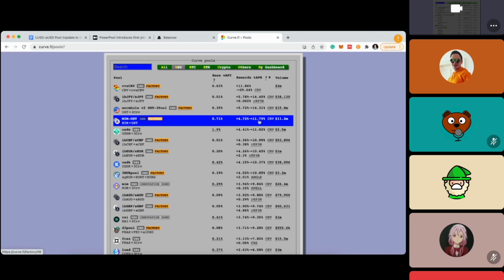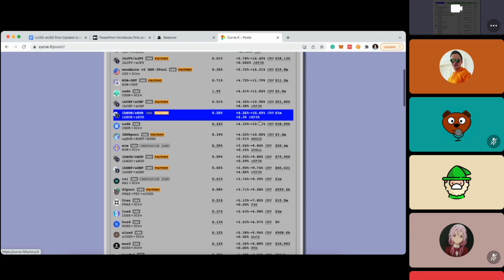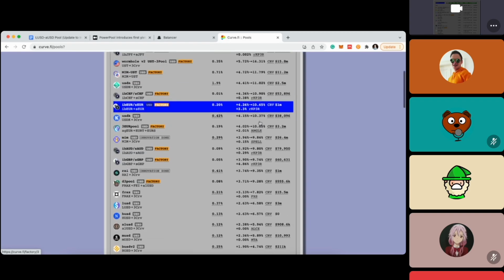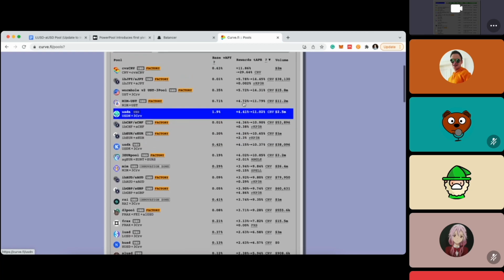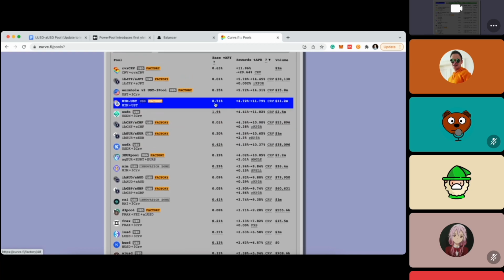And of course, if the CRV rewards end, this APY will be almost zero, right? So nobody guarantees you this APY. Basically, on Curve now, without any CRV holdings, you can get 0.71 plus 5, around 6%. Of course, you can use your revolves, which compound over time, which stake a lot of veCRV,